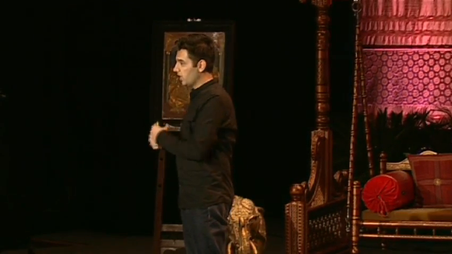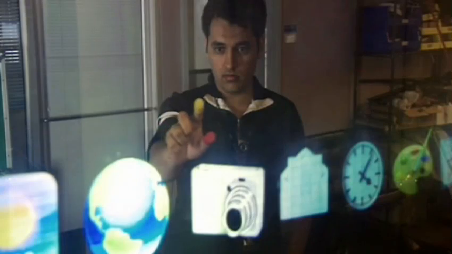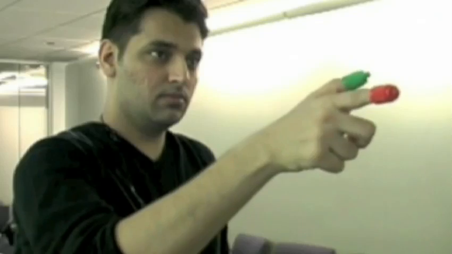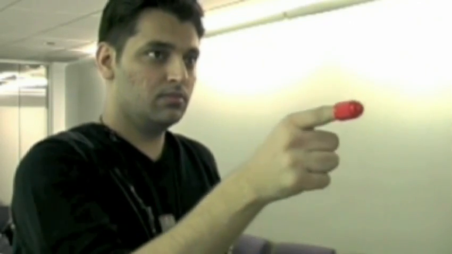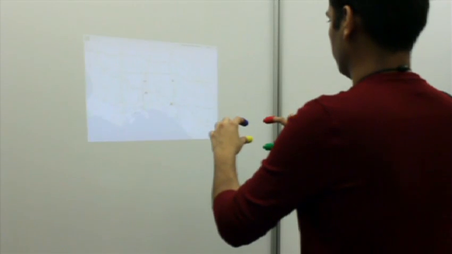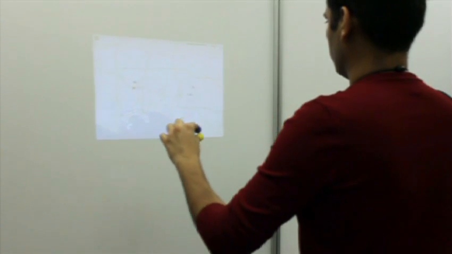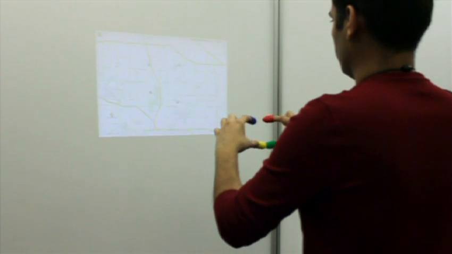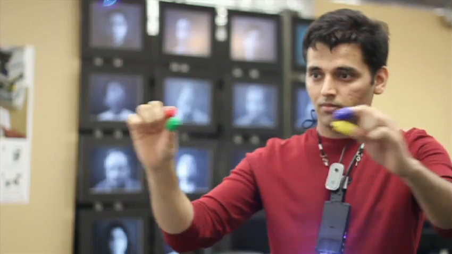You can start using any surface or any wall around you as an interface. The camera is tracking all your gestures. Whatever you are doing with your hands, it's understanding that gesture. And if you see, there are some color markers that we were using in the beginning version. You can stop by a wall and start painting on that wall. But we are not only tracking one finger. We are giving you the freedom of using both hands. So you can use both of your hands to zoom into or zoom out of a map just by a pinching